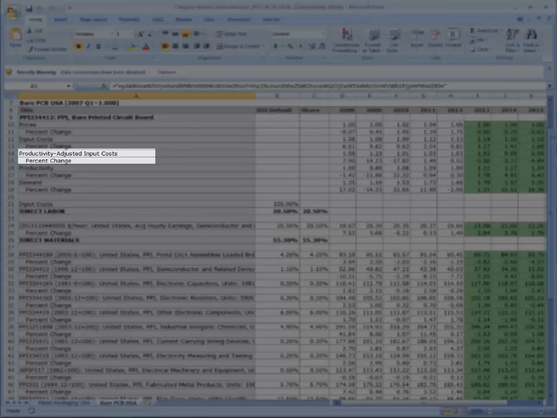The third concept, productivity adjusted input costs, allows for the fact that over time, as manufacturing gets more and more efficient, the impact of input costs will lessen. The idea is that a more efficient workforce blunts some of the impact of input cost increases. The fourth concept, productivity, offers the figures used in the previous measure by breaking out labor productivity as a separate